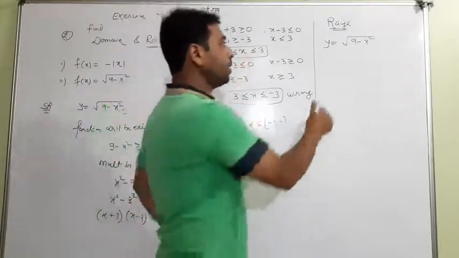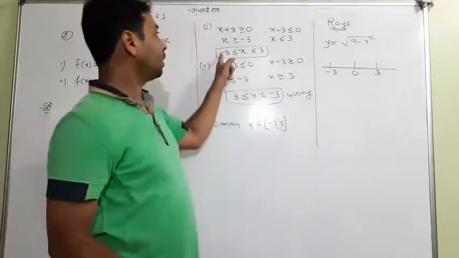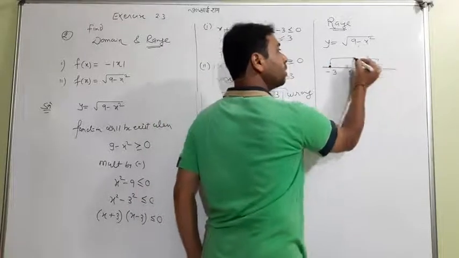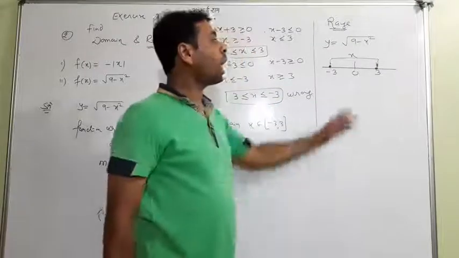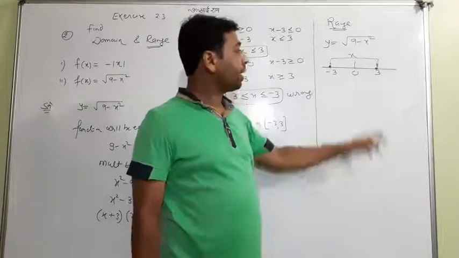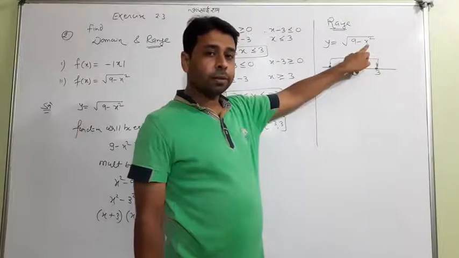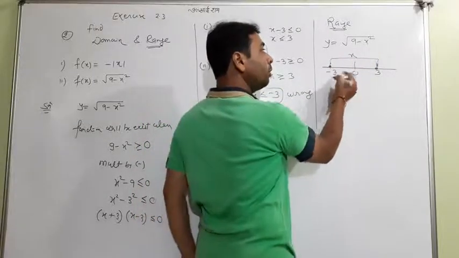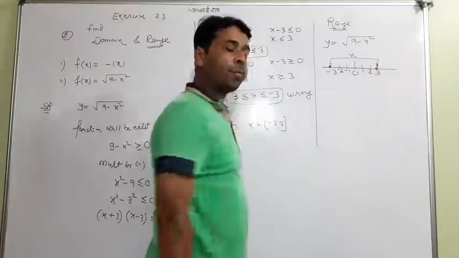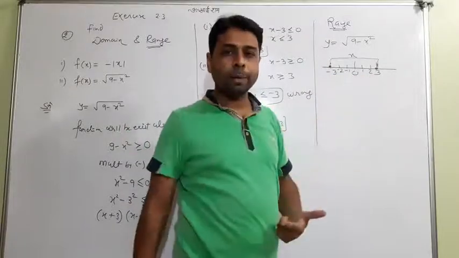This is the domain. I tell you by the number line: this is 0, this is minus 3, this is 3. Look at minus 3 to 3. So minus 3 to 3 is the domain, which is the values of x. So after putting these values, what is the range of y? Look at it one by one. When you put minus 3 here, you will get, after putting minus 3, minus 2, minus 1. Some specific values I have taken. Between them we actually have lots of values, but some specific numbers I have taken.